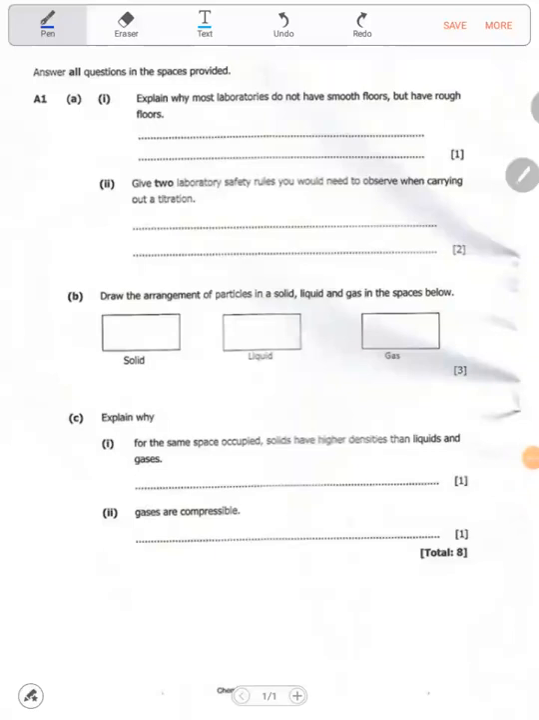Explain why most laboratories do not have smooth floors but have rough floors. The whole essence of putting rough floors is to prevent accidents, such as someone falling or sliding, especially if they're carrying apparatus in their hands so that the apparatus can break. So it's just to avoid accidents. That's the main reason why they do that, to avoid falling